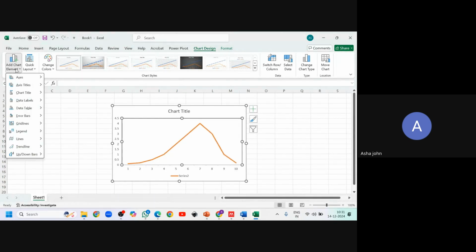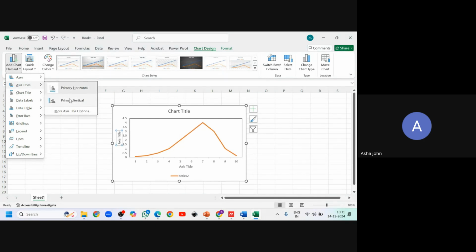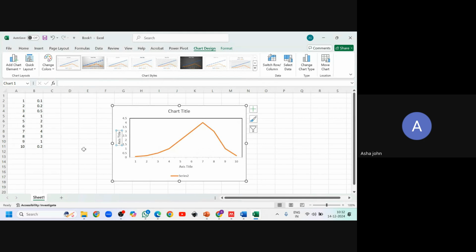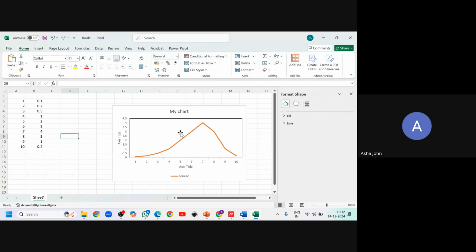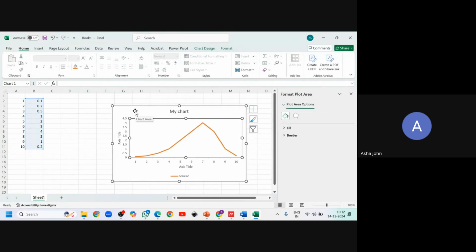Okay, sorry. Axis titles you can put. So you can put all these things. Chart title also you can put, my chart. I'm just writing my chart for now. And this is not enough.